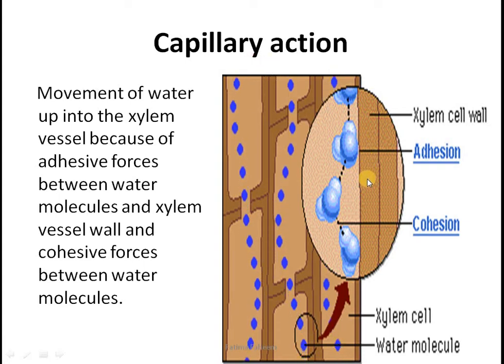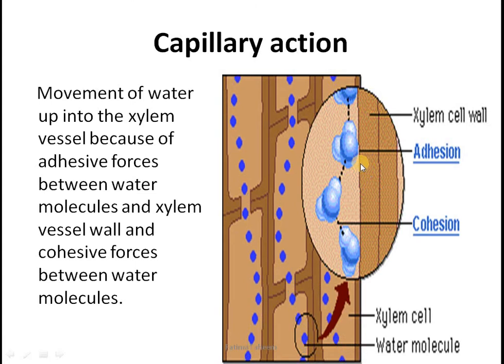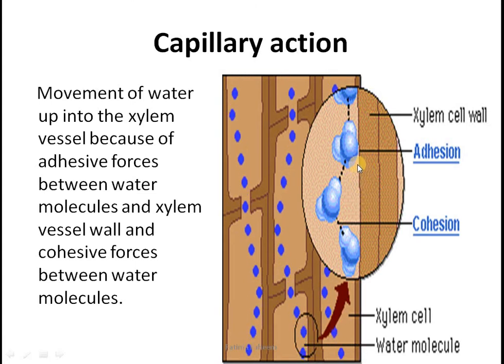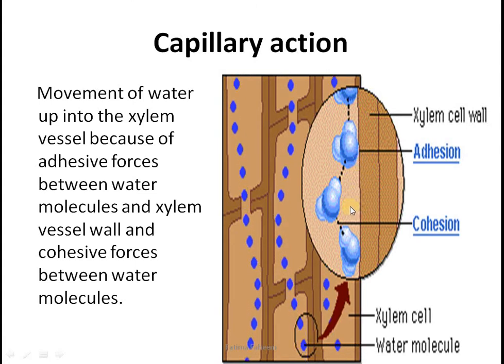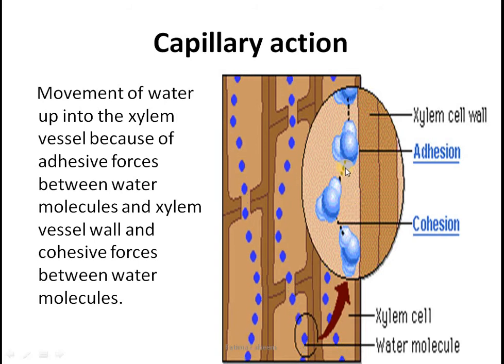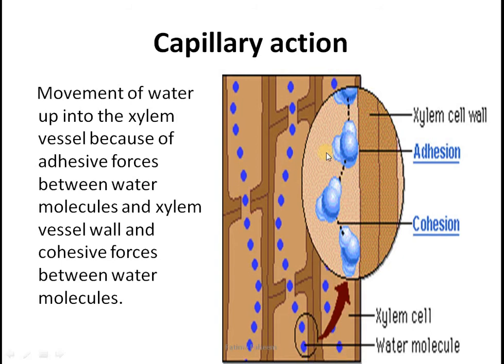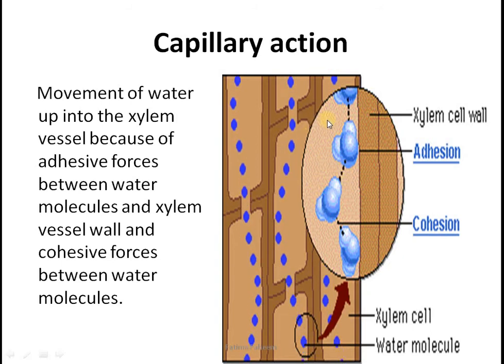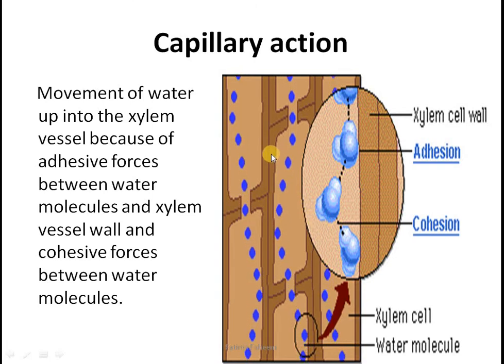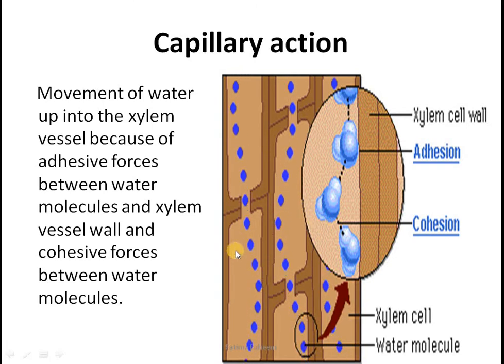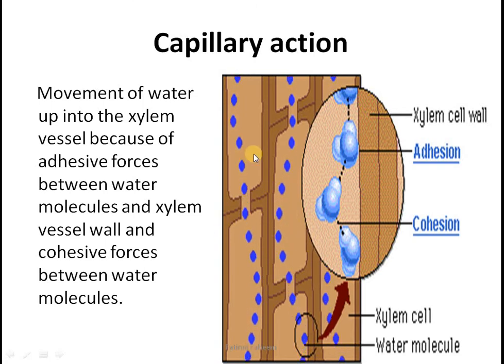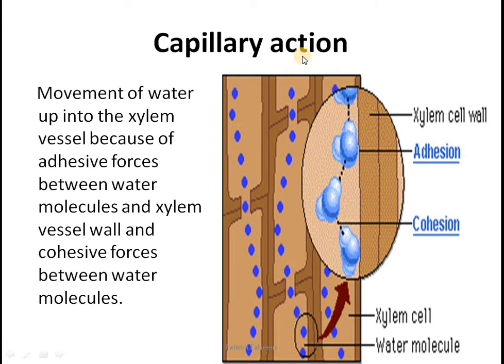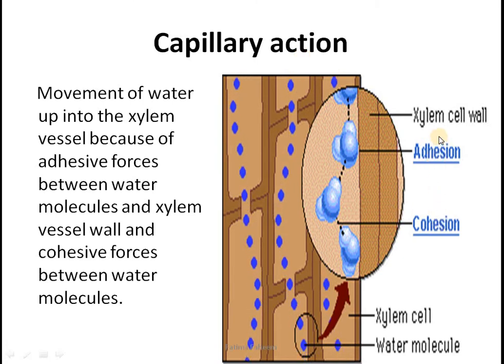This can also be understood by a simple common observation that whenever you place a straw in a water glass, the water would move into the straw without being sucked up. Whenever you are placing a straw, which is acting as a xylem vessel, in a glass of water, without you sucking it from above, you would observe that water would reach a certain level in the straw. This is because of capillary action, which is caused by these 2 forces.